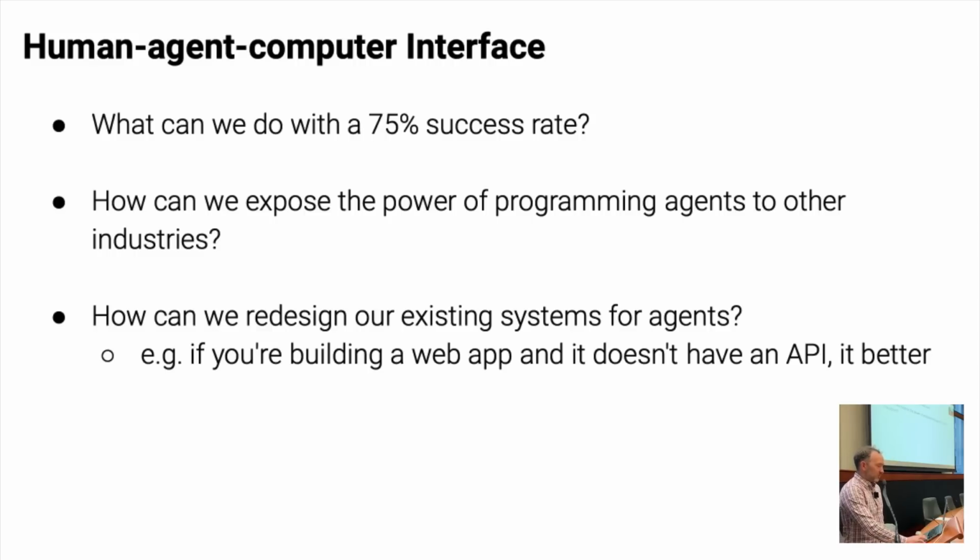How can we expose the power of programming agents to other industries? As programmers, not all of us are using agents every day in our programming, although we probably will be in months or maybe a year. But I think it will come very naturally to us as programmers because we know code, we know how to architect software and stuff like that. So the question is, how do we put this in the hands of a lawyer or a chemist or somebody else and have them also be able to interact with it as naturally as we can?